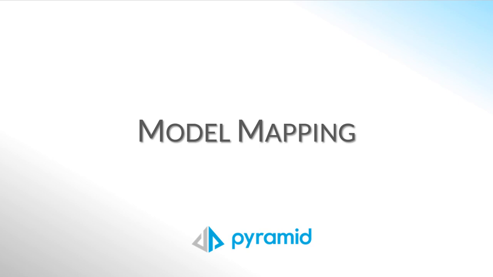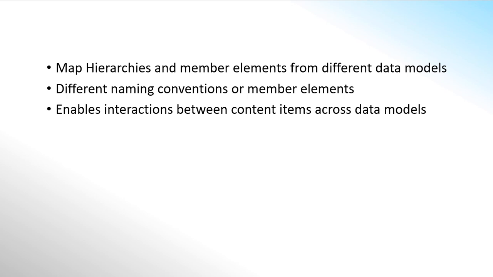In this session, we will cover the cross-model mapping feature. In Present and Publish, users can map hierarchies and/or member elements from two different data models where they might have different naming conventions or even different member captions. This enables two content items that are querying different data models to interact with each other and with a filter